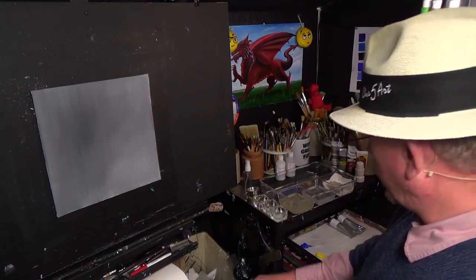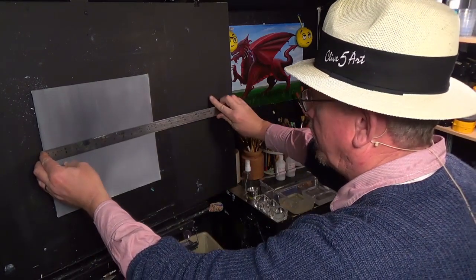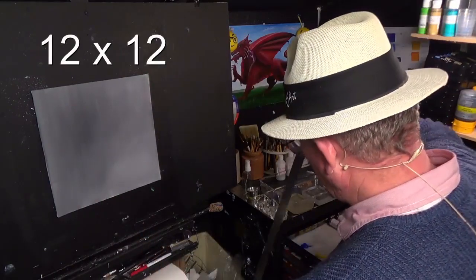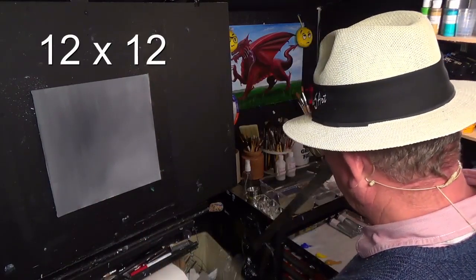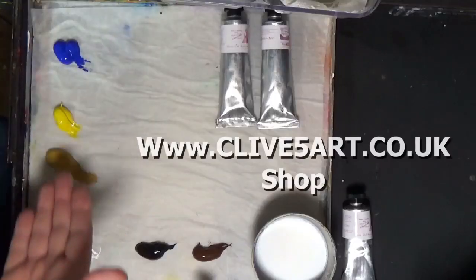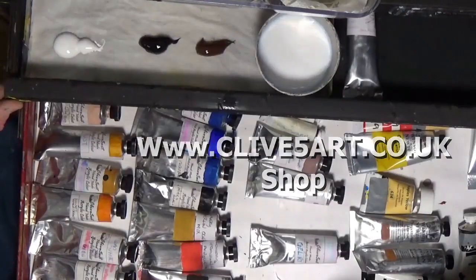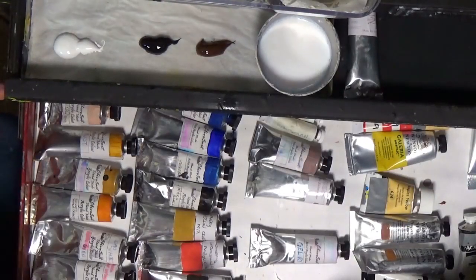So without further ado, today we're going to be painting on a canvas panel board, which is a 12 by 12 inch, and I just want to introduce you to a couple of different paints today. These are my own range of paints. I make these by hand myself. As you can see, I've got a full range of colours there, which are on the website